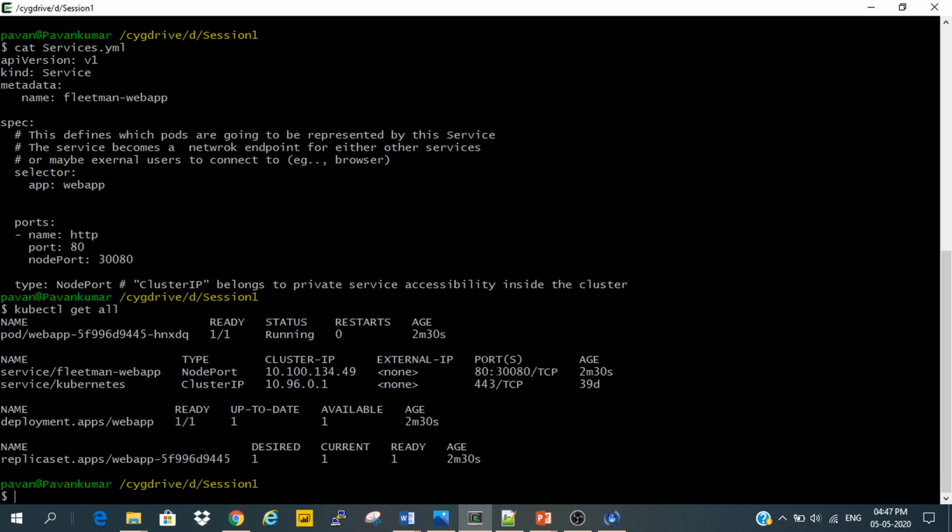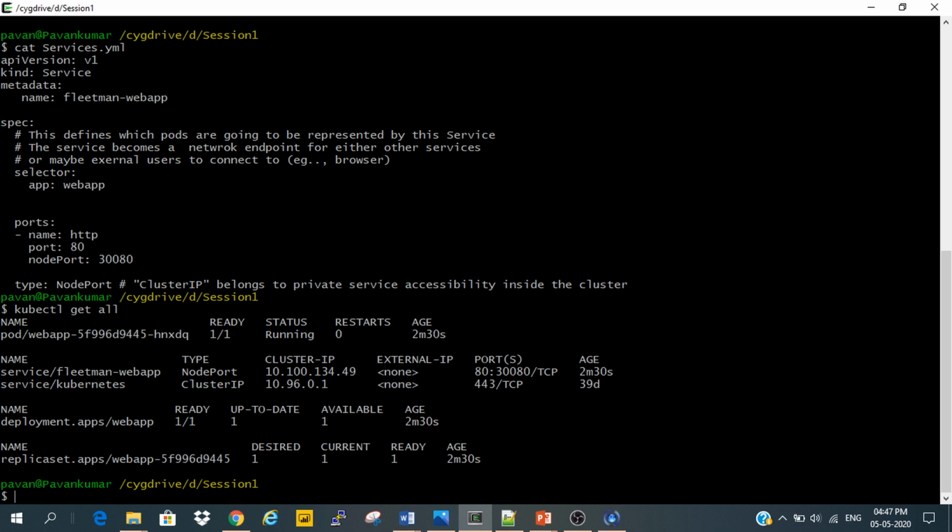Make sure that these port numbers, 30080, are accessed in Kubernetes. It is only accessible through 30,000 to 32,767. Any port we mention must be between these numbers only; otherwise it won't be accepted. That is how Kubernetes is built in, and it gives us only those ports to define: 30,000 to 32,767.